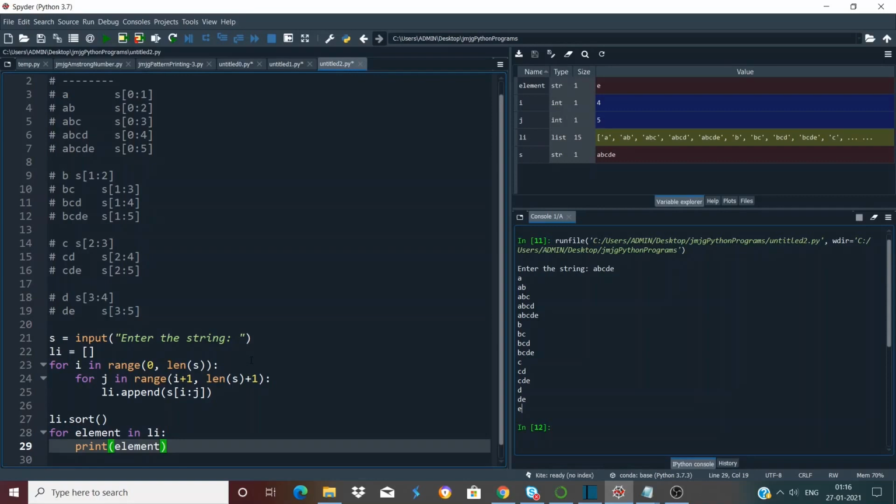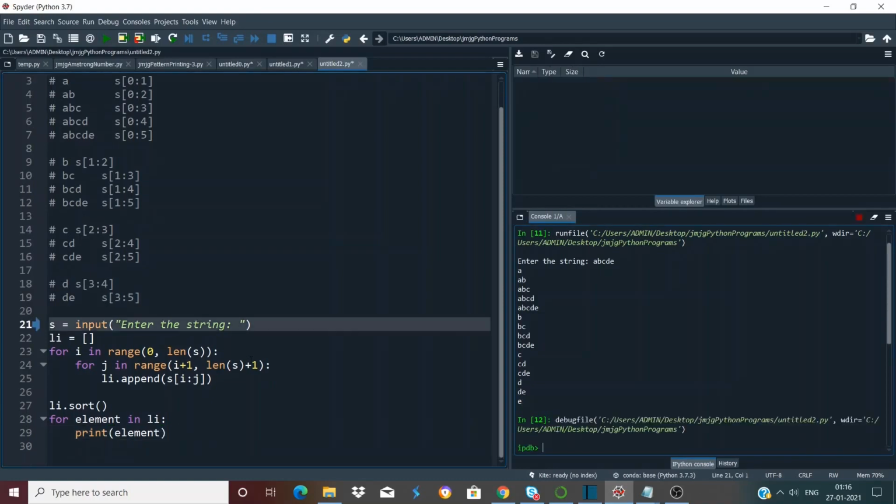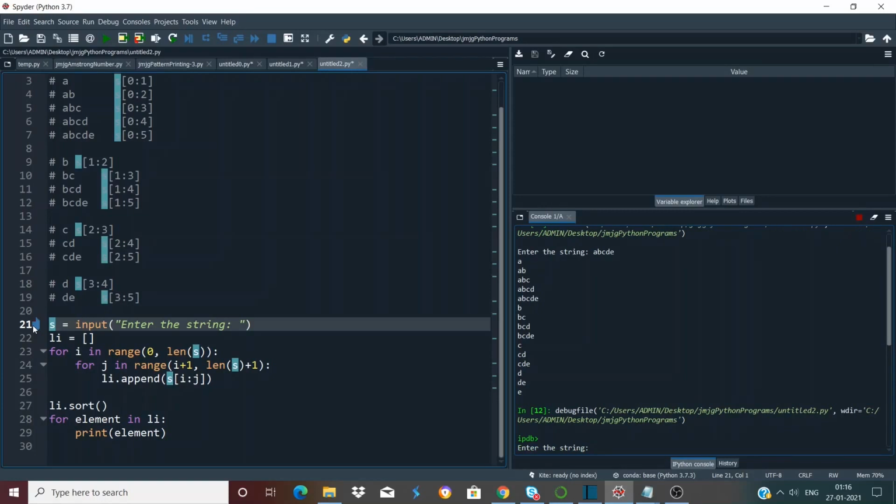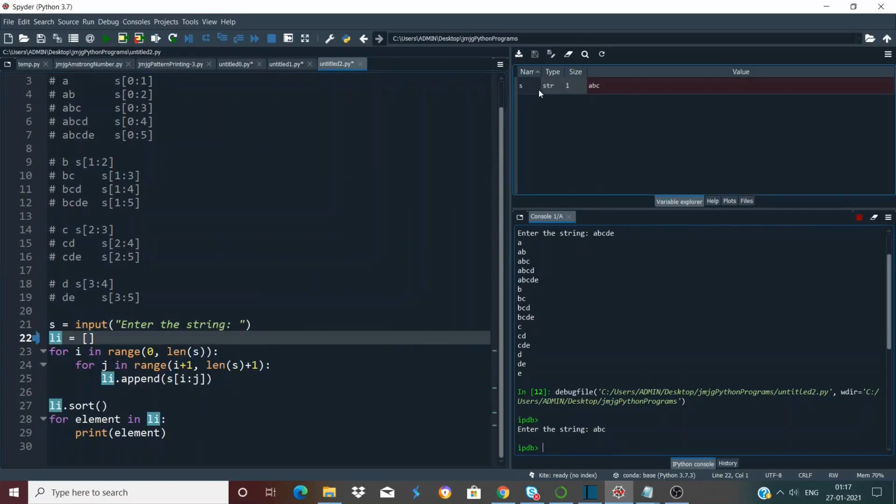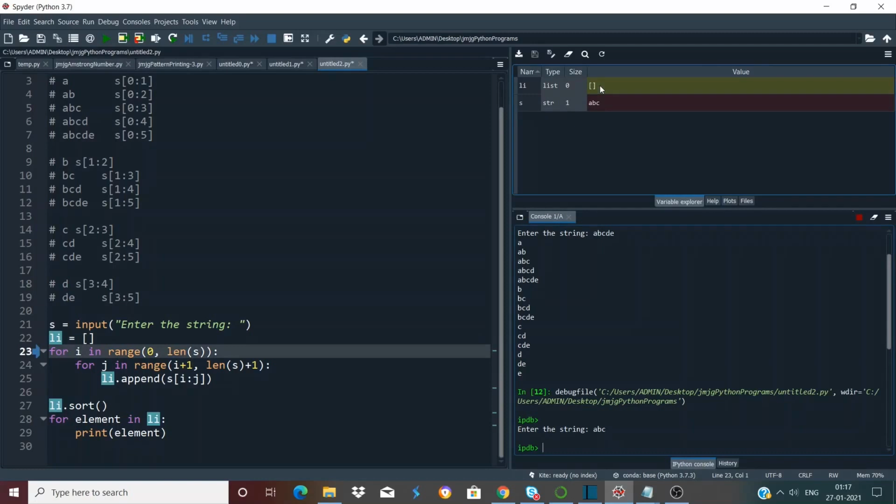Now let's start looking at the line by line execution of the entire code. So let's press Ctrl plus F5, and you can see the debugger pointing to the first line. Now if we press Ctrl plus F10, it prompts us to enter a string. For saving our time, let's say we enter a shorter string ABC. We press enter, and you can see in the variable explorer a variable called s has been created with the value ABC, right? Now we initialize an empty list. You can see an empty list has been initialized, and